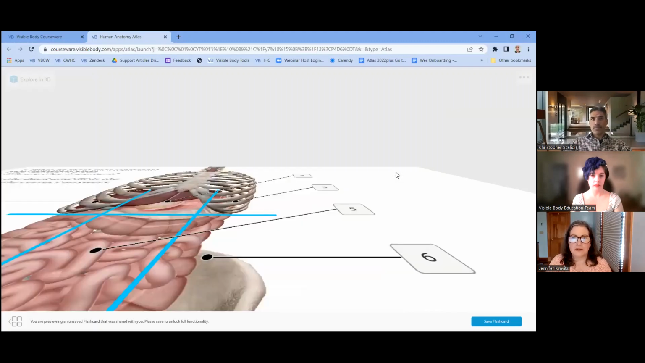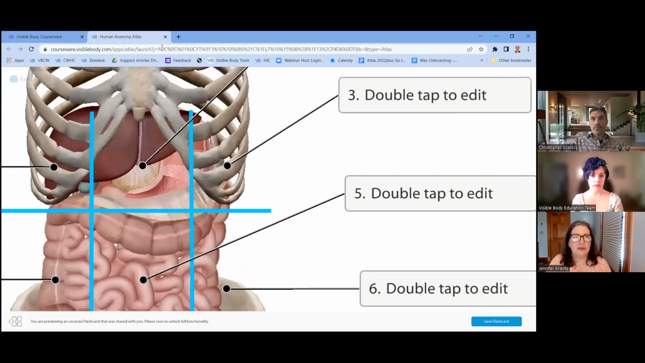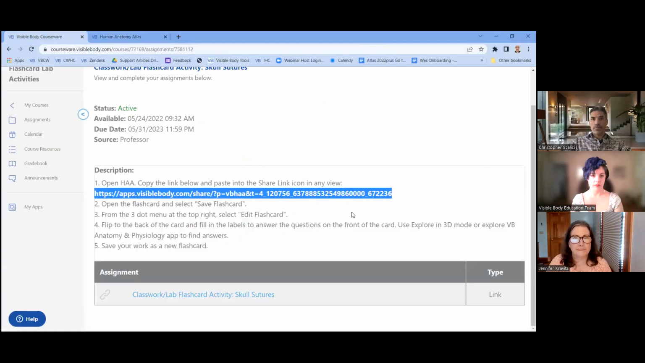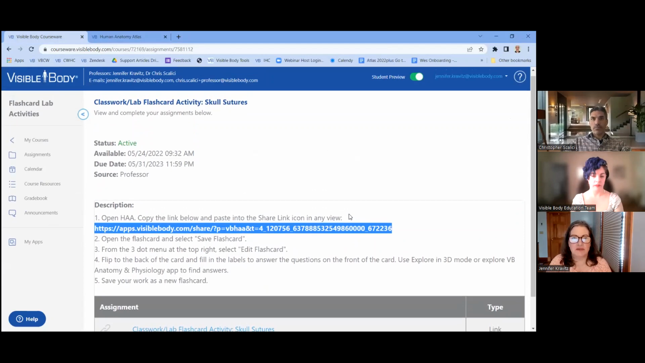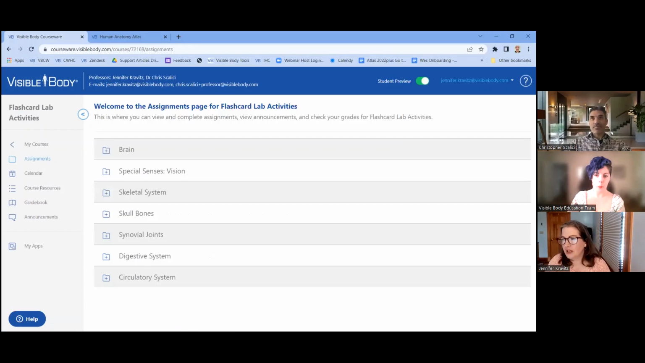Oh, that didn't go to the right structure, did it? No, it didn't. That was supposed to be the skull sutures one. The cool one where you put the outlines in different colors. I apologize. That link was wrong. Another one is